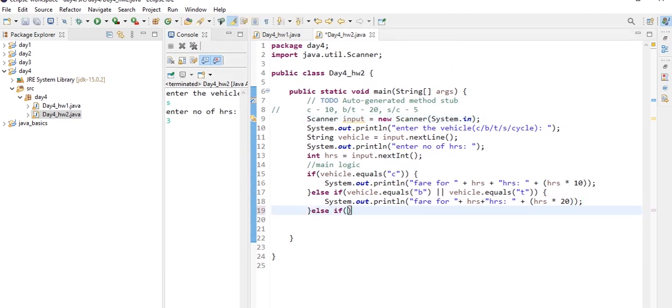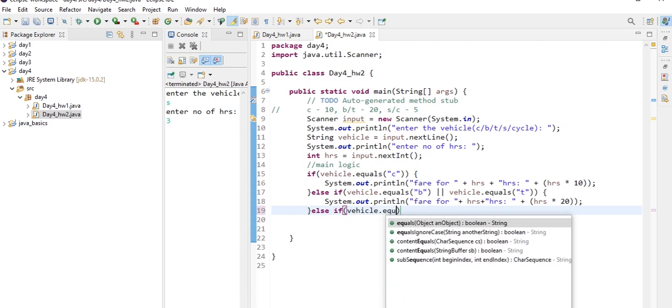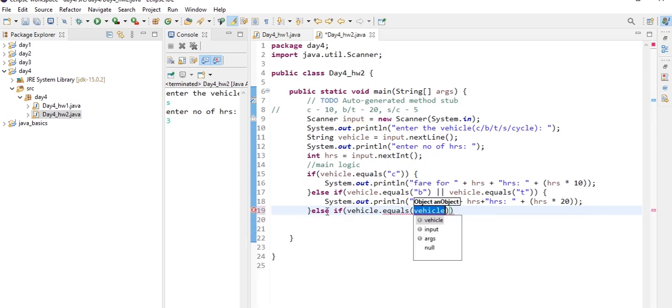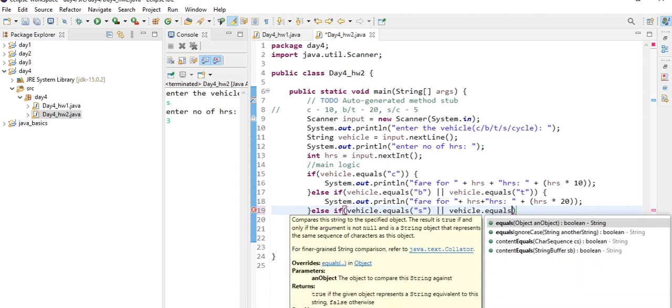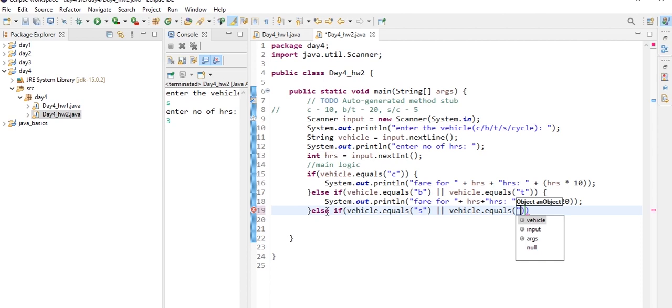Else if vehicle dot equals scooter, that is S, or vehicle dot equals cycle.